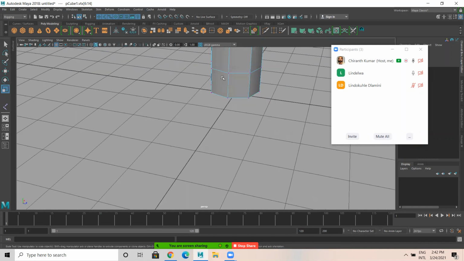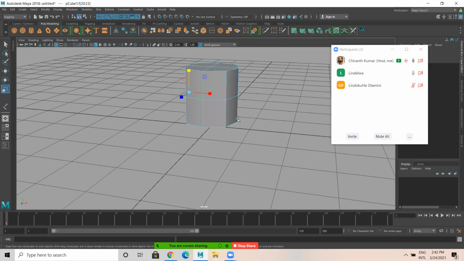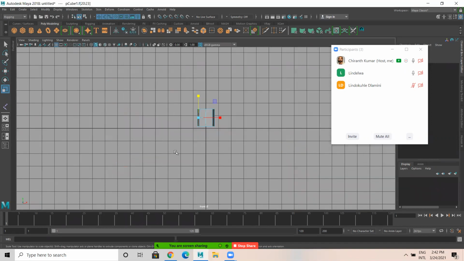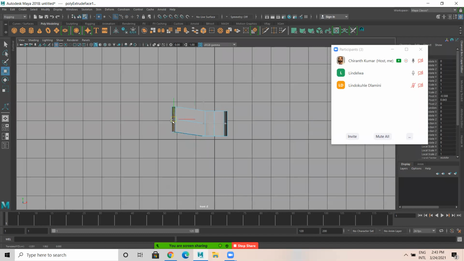After this, I'll be selecting these faces, these 4 faces. Extrude this to here.